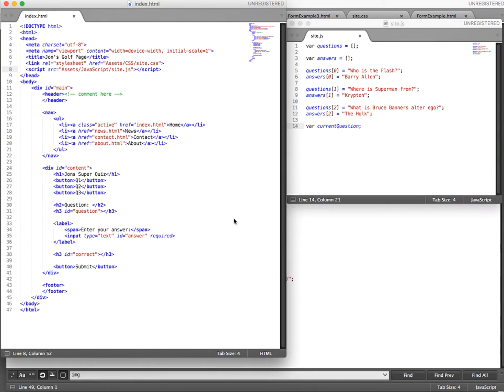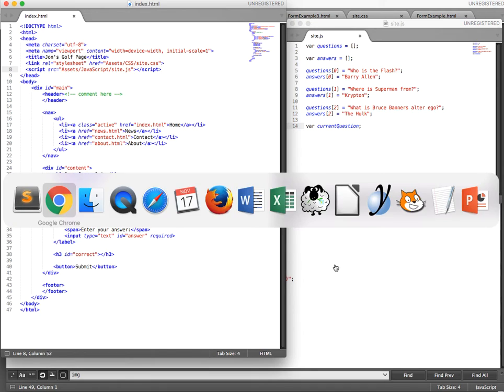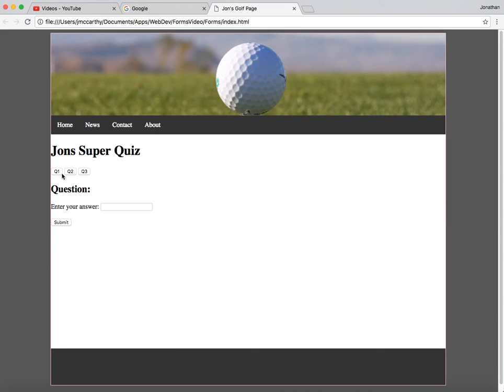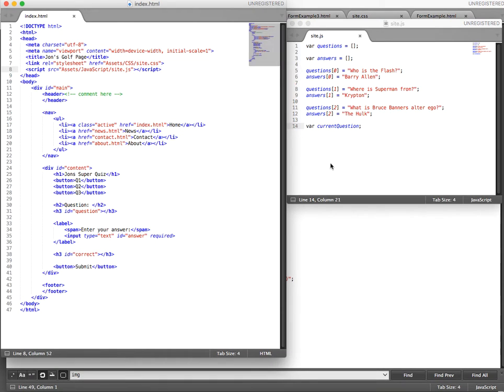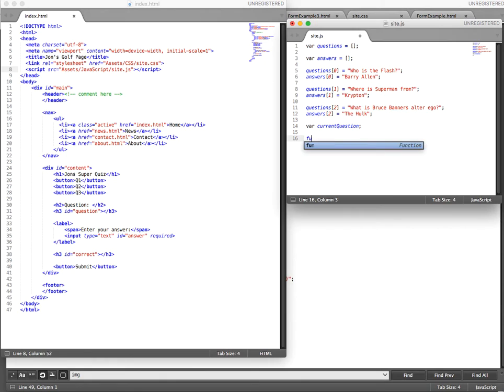We need to display this information out on the page, okay? So we're going to create a function for this. And this is the way we want it to work. I'm going to create a function that will write the question to the page. And when someone clicks one of my buttons, which could be question 1, question 2, or question 3, I expect the question to display on the page, okay? So I'm going to create a function that's going to manage this for me. And I'm going to call it function set question,